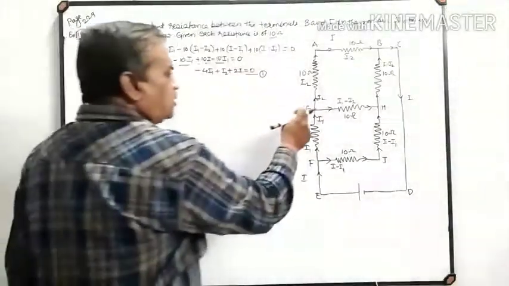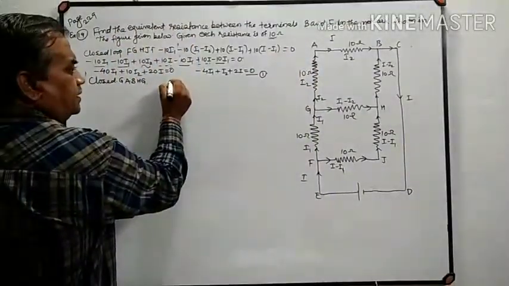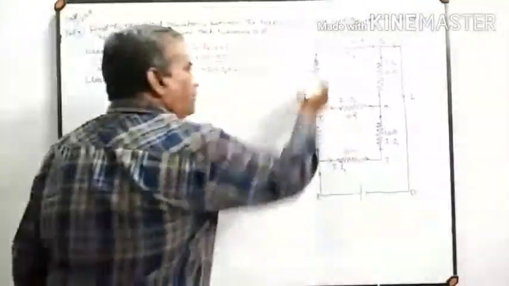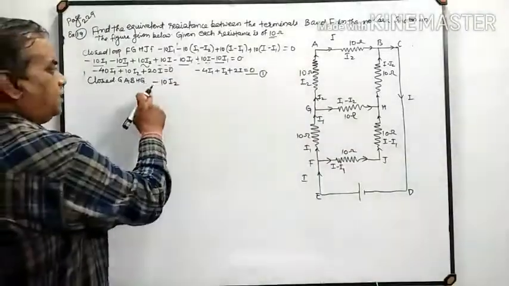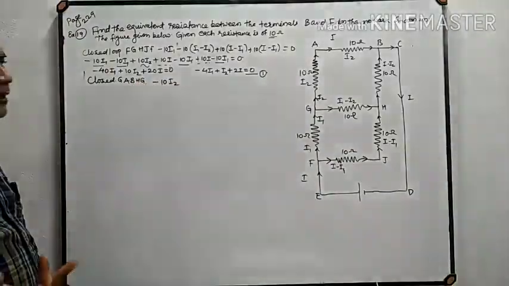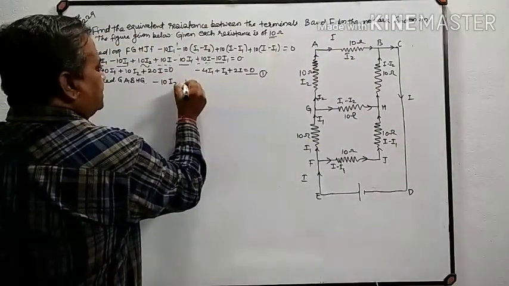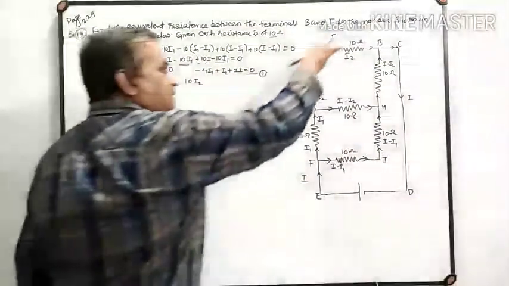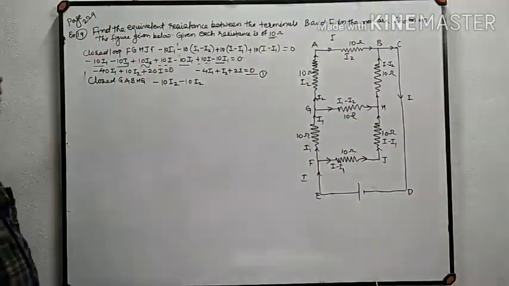On applying Kirchhoff's voltage law, move from G to A. Current is I2. Resistance is 10. Conventional current is flowing in the same direction in which we are tracing the circuit. So product IR will be taken with what? Negative sign. From A to B, current is I2, resistance is 10 and current is flowing in the direction in which we are tracing the circuit. So therefore, it is taken with negative sign.